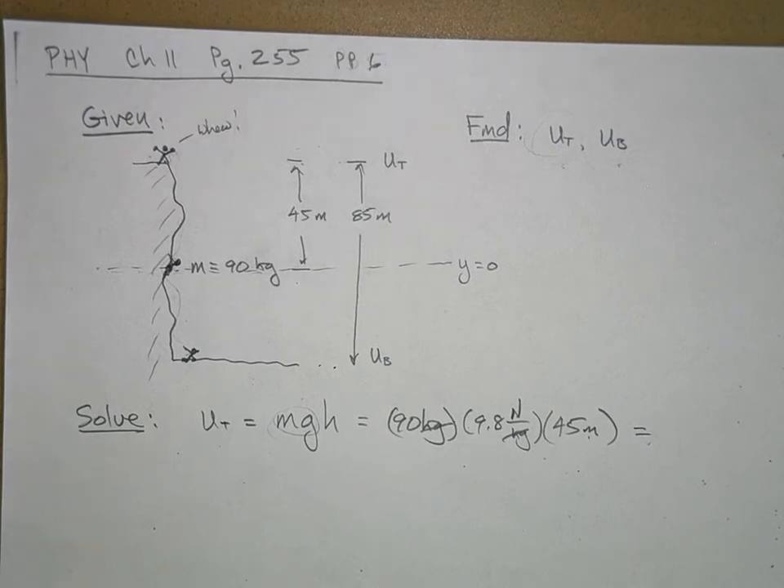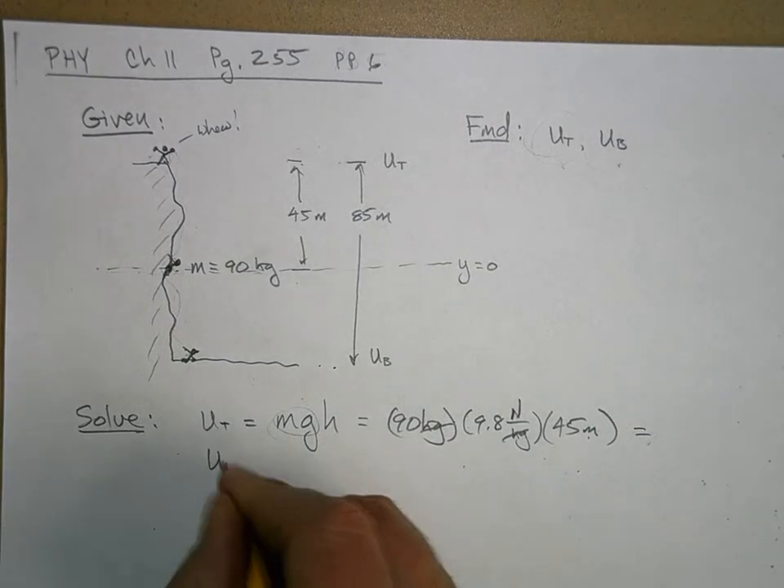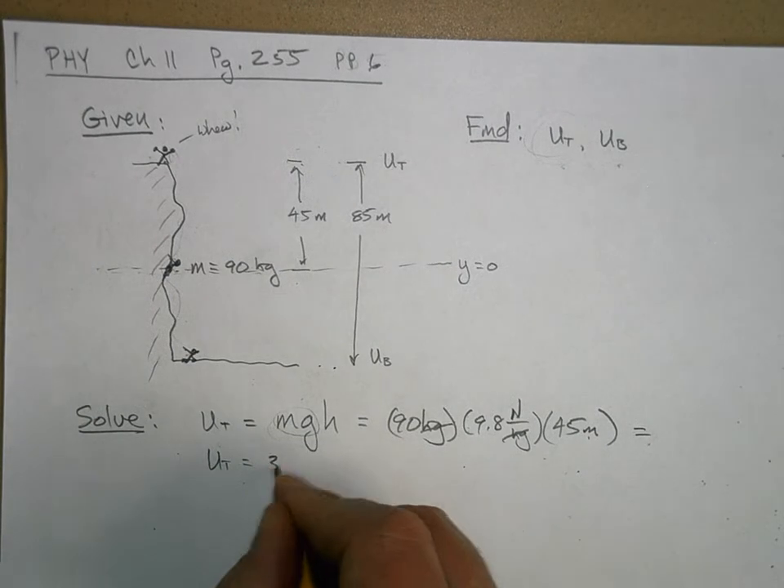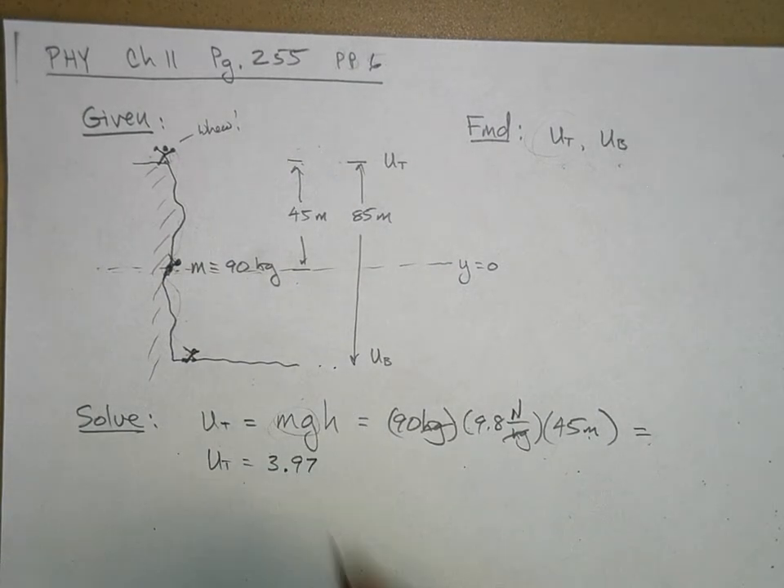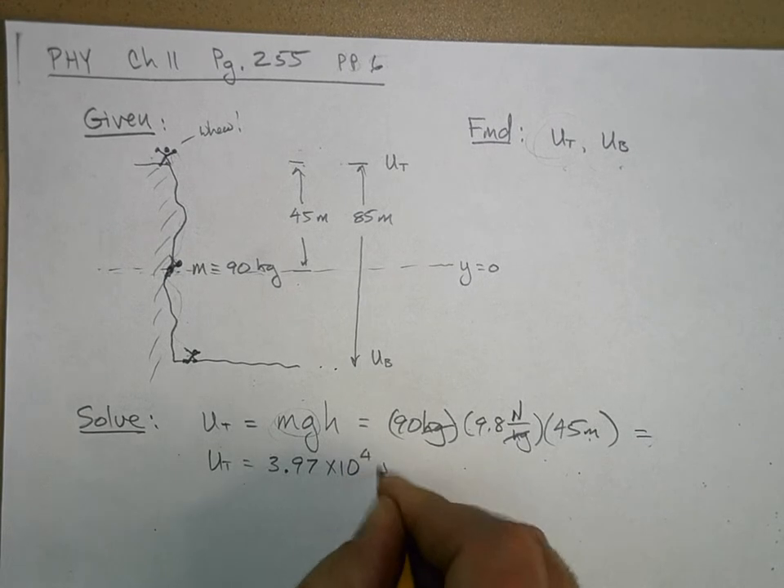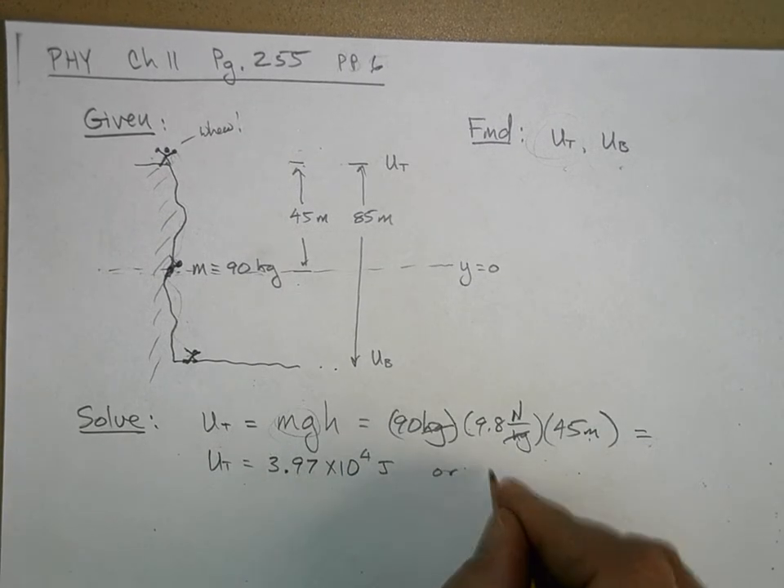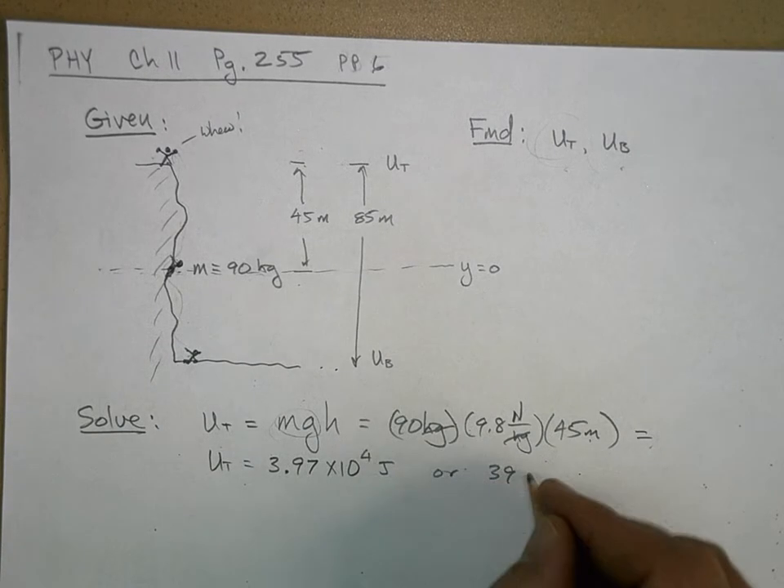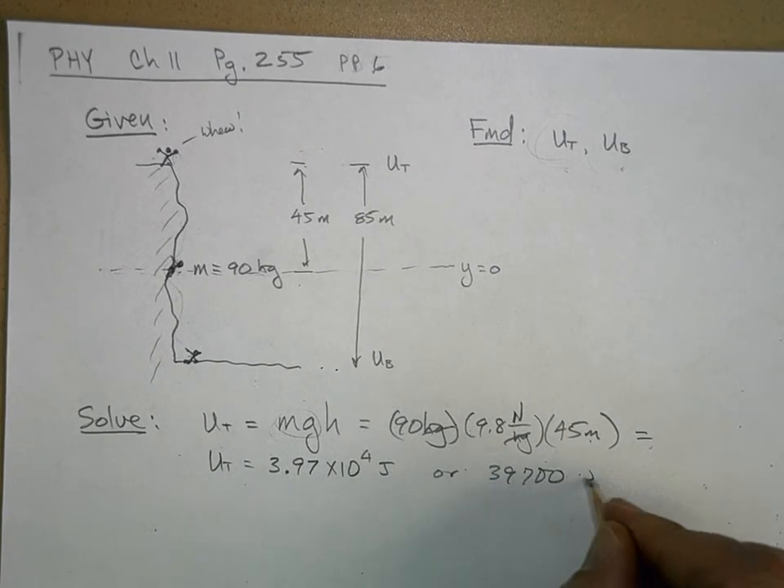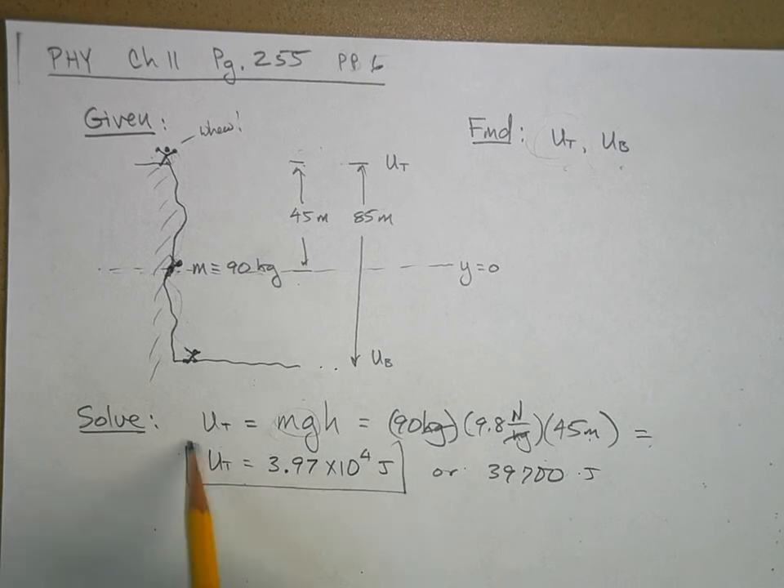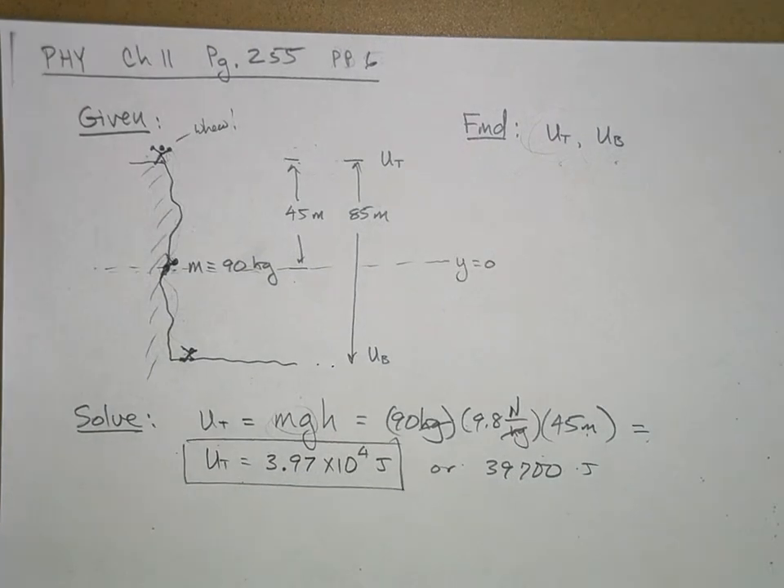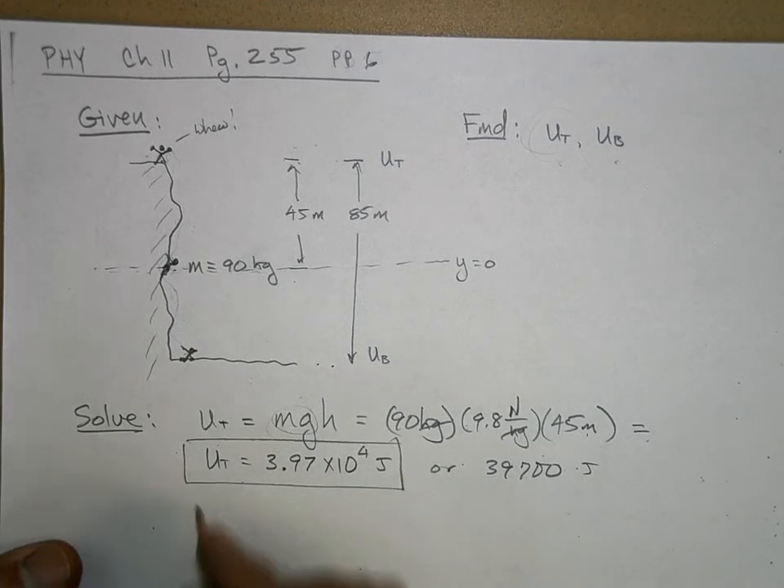And I get 3.96, or 3.97 actually, times 10 to the 4 joules, or you can say 39,700 if you're rounding it off, and you should round it off, joules. Either way is all right. This is one of those numbers that's like, do you use scientific notation or not? It's kind of up to you. But this isn't much harder to write down than this. All right, and then,